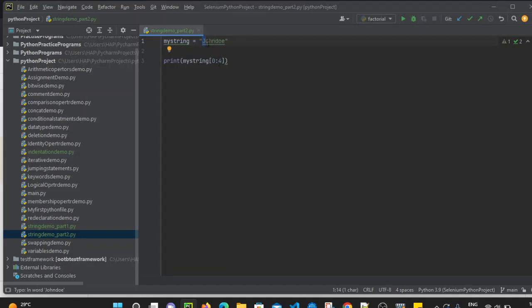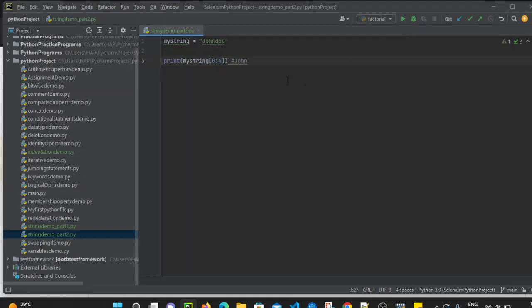At the 4th position D is there, but the end point is not included. So 4 minus 1 is 3, that is 0, 1, 2 and 3, and N is at the third position. So it will simply print John.